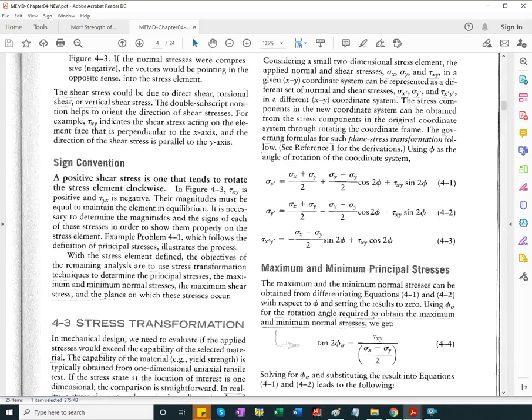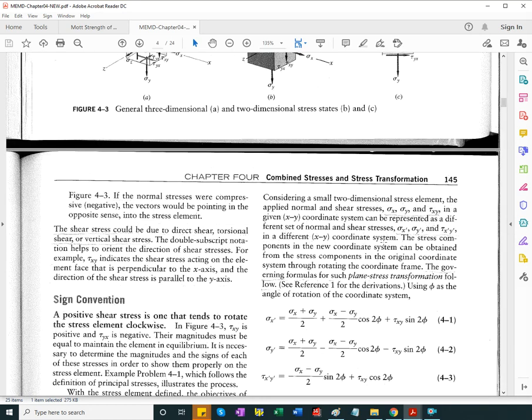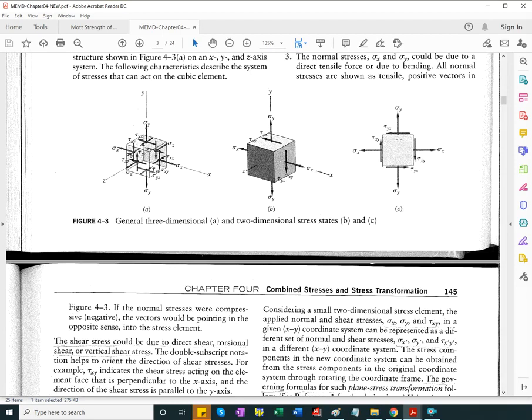So what happens if I am rotating an element over its original orientation where I had sigma x, sigma y, and tau xy. So if I take an element like this one, and instead I'm going to, let's see,